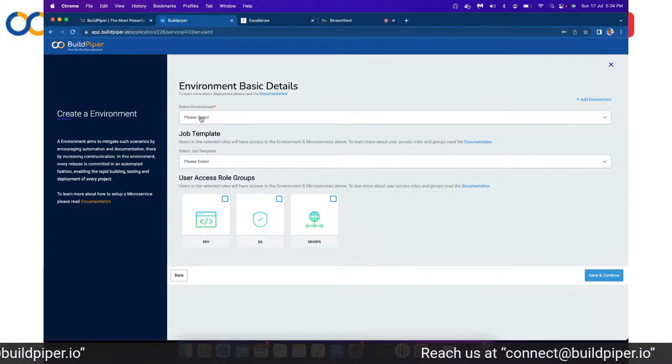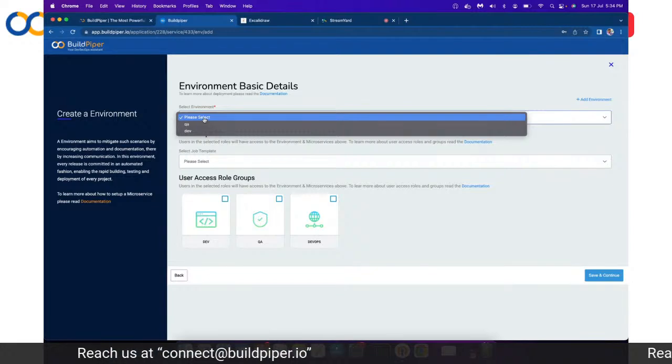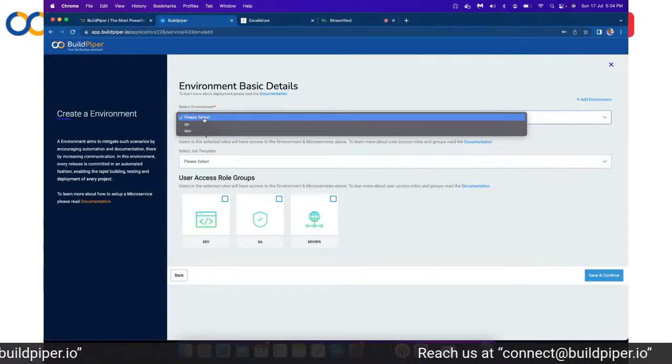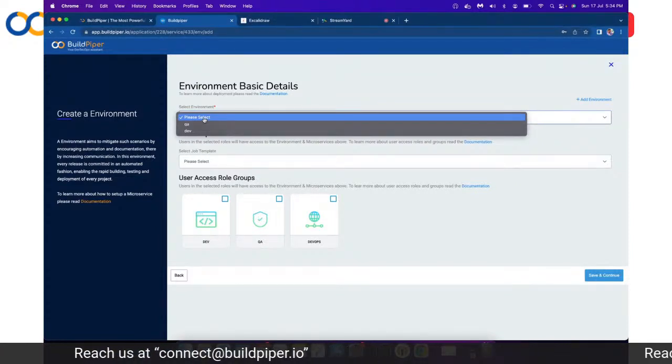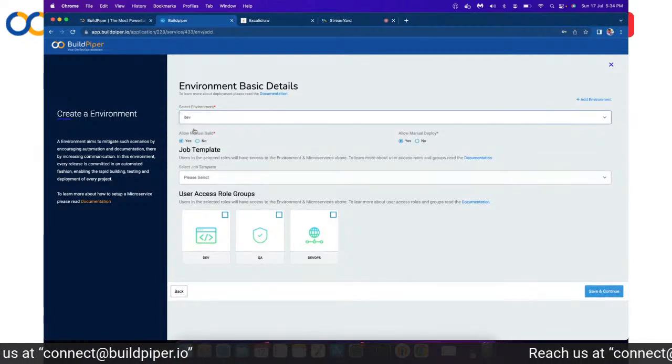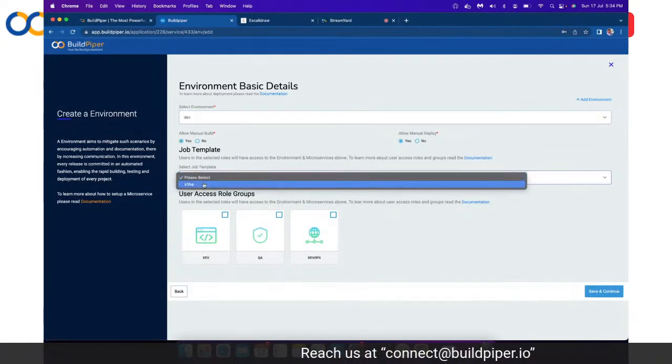right? Moving further, it asks you what environment you want to build your application for, or you want to deploy your application for. When we talk about logical segregation of your environments in terms of Kubernetes, basically that is your namespaces, right? We are defining your environments on the basis of namespaces. So let's say I want to deploy my artifact onto a dev namespace, right? That's what I'm using, right? And